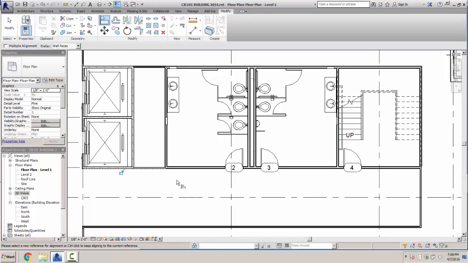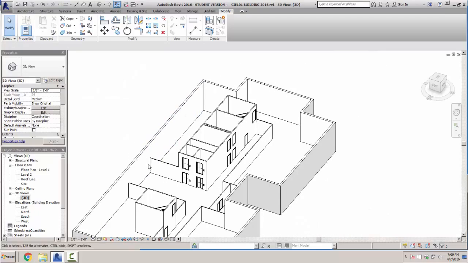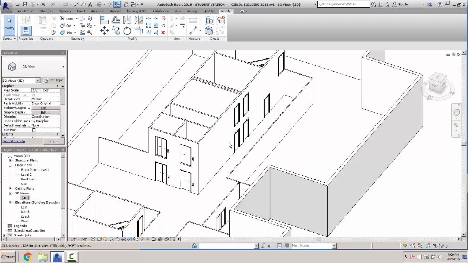Now we're going to do a file save. And we're going to move into exercise 3-16, and we're going to create a 3-dimensional view. Open our drawing, which we already have. We're going to go to our 3D view right here. And under our properties menu,